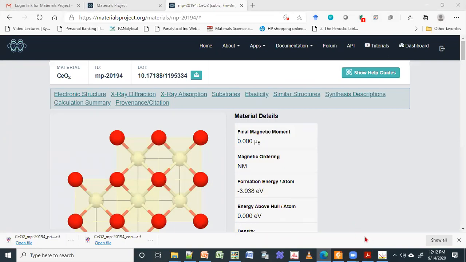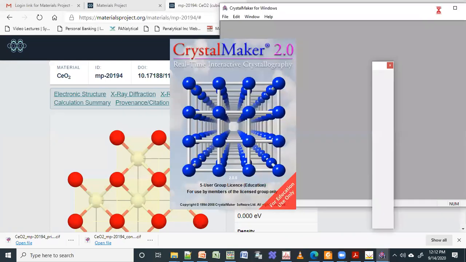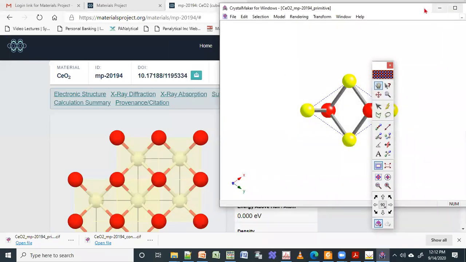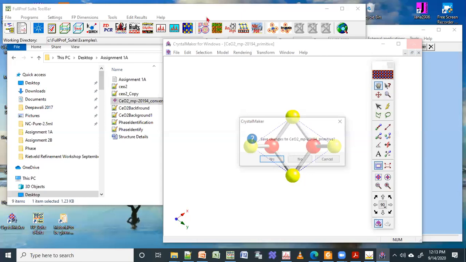Hello, sir. Sir, there is a question in the previous section. Can I read it? Yes, you can read, ma'am. Sir, there is a question from Ammu Vijay: could you please tell me how to find out the atomic coordinates of a sample which has no SIF file available in COD?